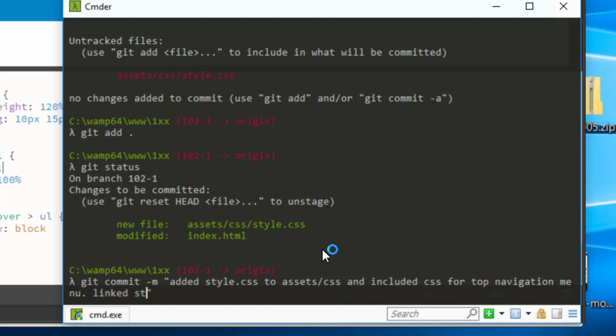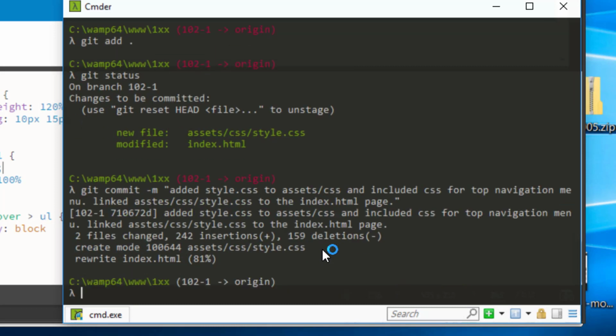Linked, and let's use the path assets/css/style.css to the index.html page. And at that point, we can go ahead and do our commit, do a git status,